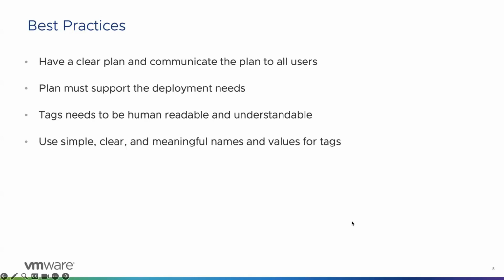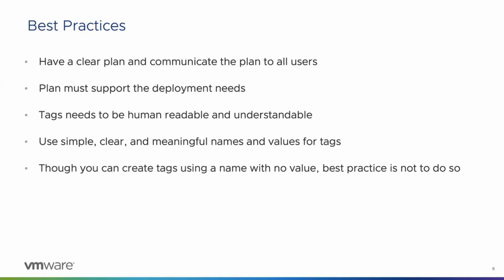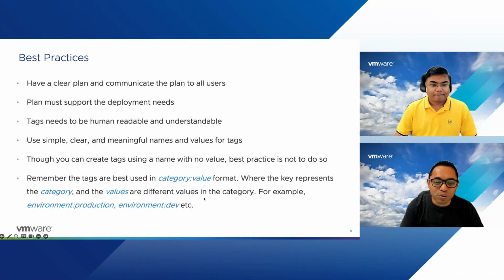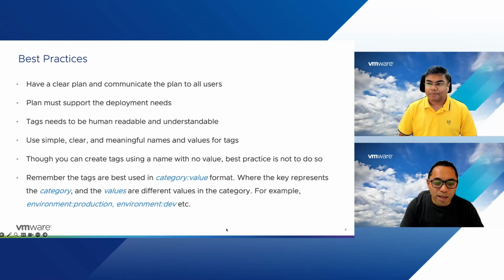And then there is something like you can actually use tags without using a name. Or, sorry, it's the other way: you can use a name only without using a value. You can only say storage tier, and then not give any value. But ideally, you shouldn't do that. So basically, you're saying do not put any empty values, even if it's allowed. At least have something populated on that. Yeah. If you have only one value, still put a value so that it makes sense to you.